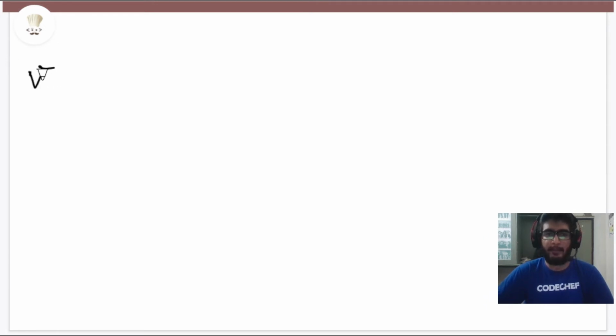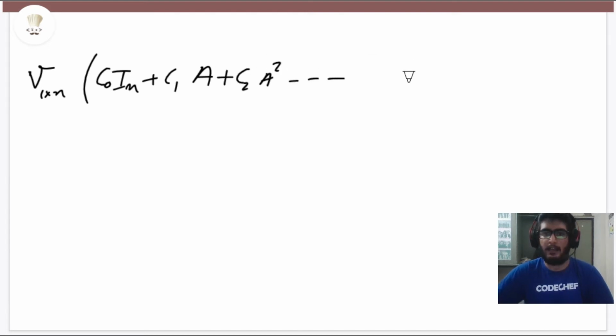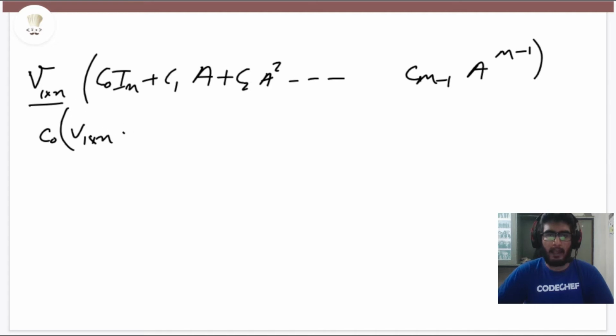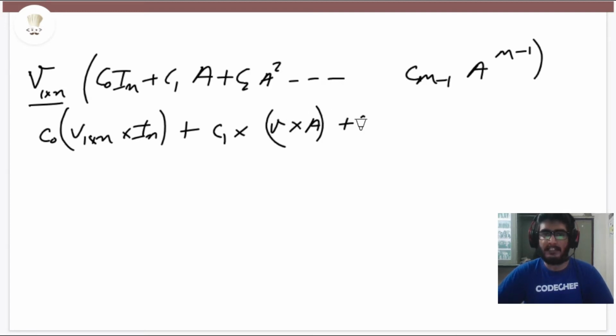If we try to multiply V, which is a vector of size 1 by n, by our whole left hand side, which is the P matrix, which I can write as C naught I n plus C1 A plus C2 A square, etc., up until Cm minus 1 A to the power m minus 1, we can just take this V vector inside and multiply it with each of the terms independently. So C naught into V into In, plus C1 into V into A, plus C2, and